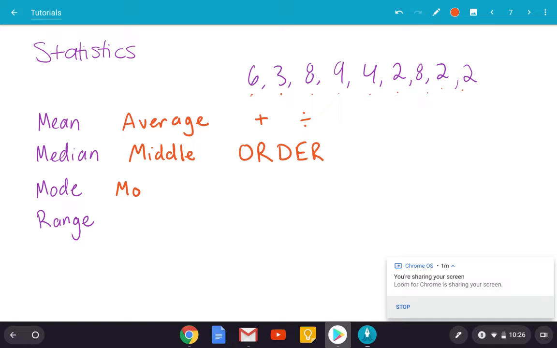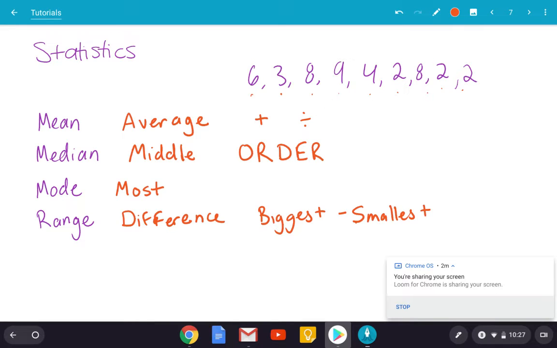Mode, you probably remember, means the most. So the number that occurs the most, the data point that occurs the most. It's not the biggest number. That's called the maximum. It's the one that occurs the most. And then range is how spread out the numbers are. So when we find that mathematically, we do the difference of the biggest number minus the smallest number. So difference of the biggest number, which is the maximum, and the smallest number, which is the minimum. So we are going to use this as an example to find each of these